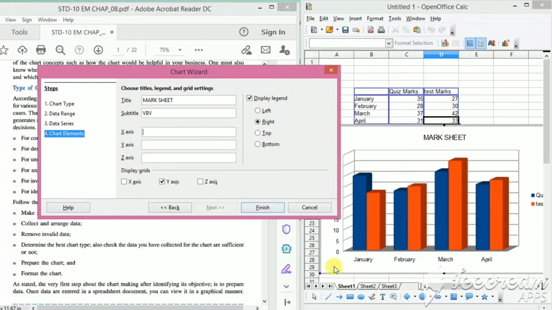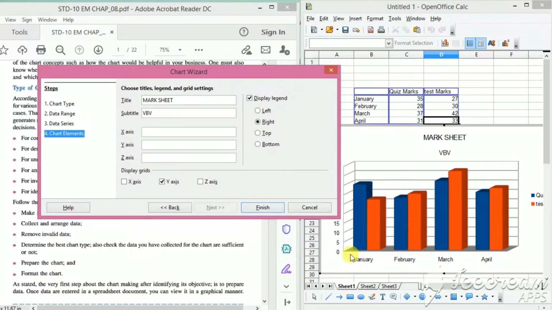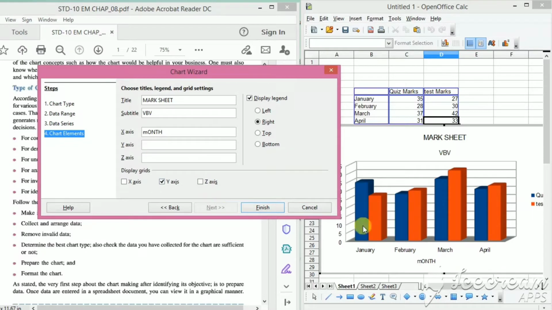On the x-axis, this horizontal line is known as the x-axis. On the x-axis of the chart are January, February, March, April. So over here we type month. Then on the y-axis there are the marks, that is quiz marks or test marks.